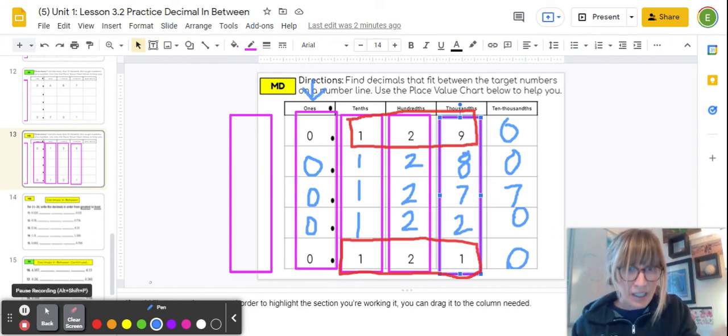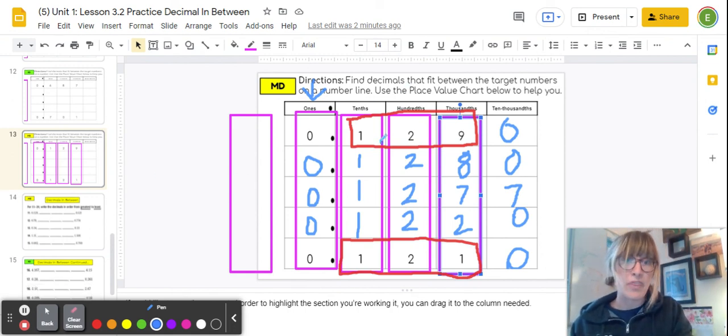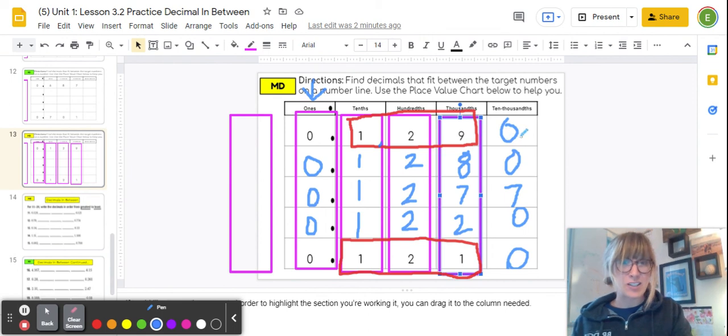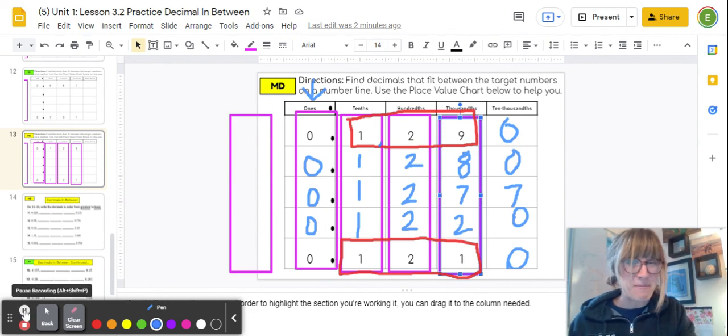And then we want to just remember that this isn't really in the thousands. We're not talking really about 1,290. We're really talking about 1,290 ten-thousandths, in this case. So we want to make sure that we have our decimals and that we are able to read it with our decimal fancy